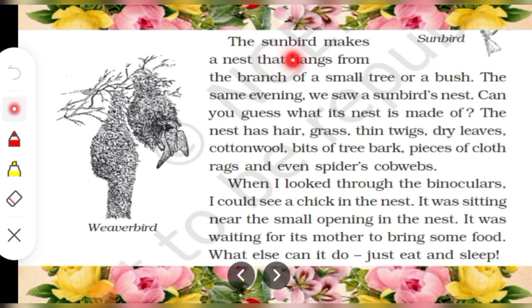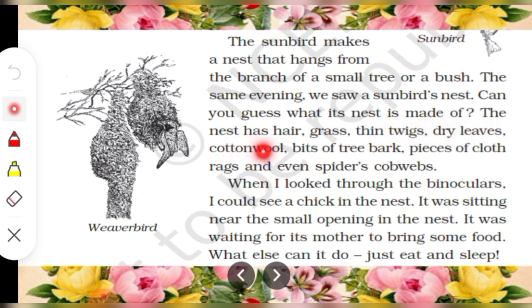The sunbird makes a nest that hangs from the branch of a small tree or a bush. The same evening, we saw a sunbird's nest. Can you guess what its nest is made up of?